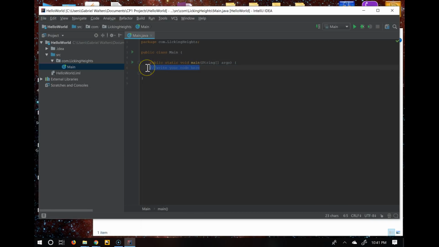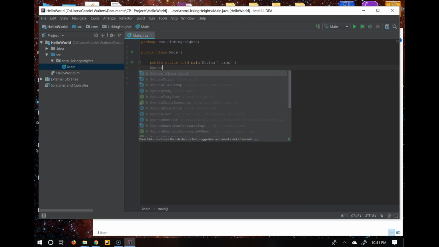So the first program that you guys can do is to print something to the screen. So we want to print a hello world. Really, in any language that you learn, hello world is the beginning of it all. So we're going to type System with a capital S, Y-S-T-E-M. It's going to start helping us doing code completion. That's what we want. We're going to hit a dot,